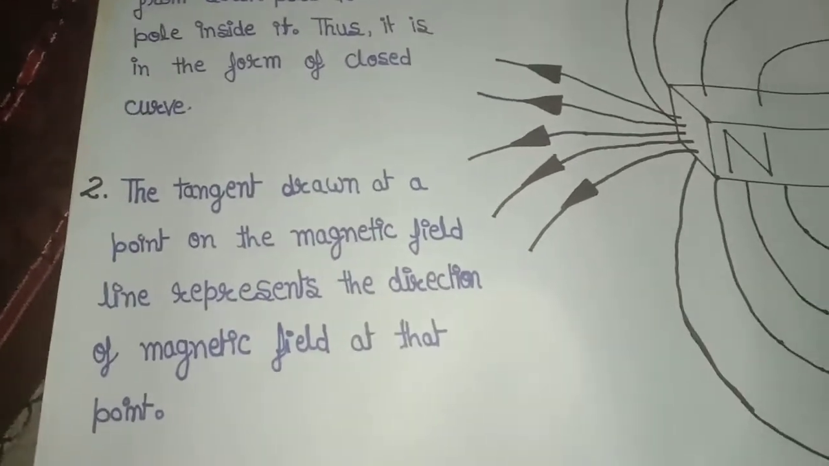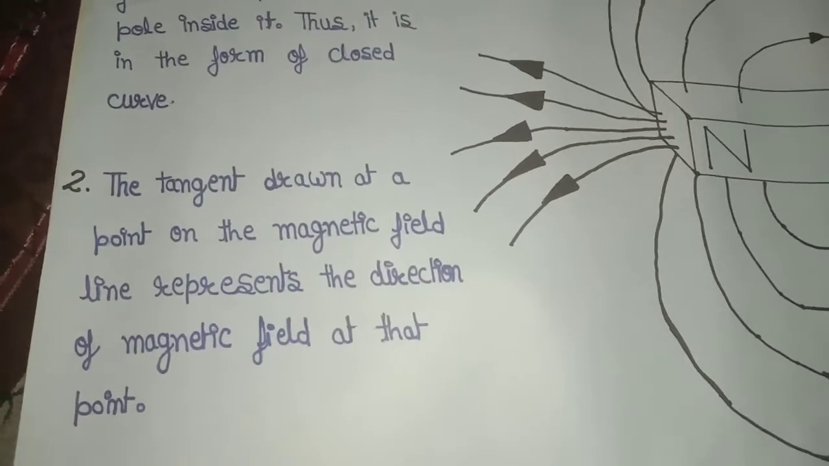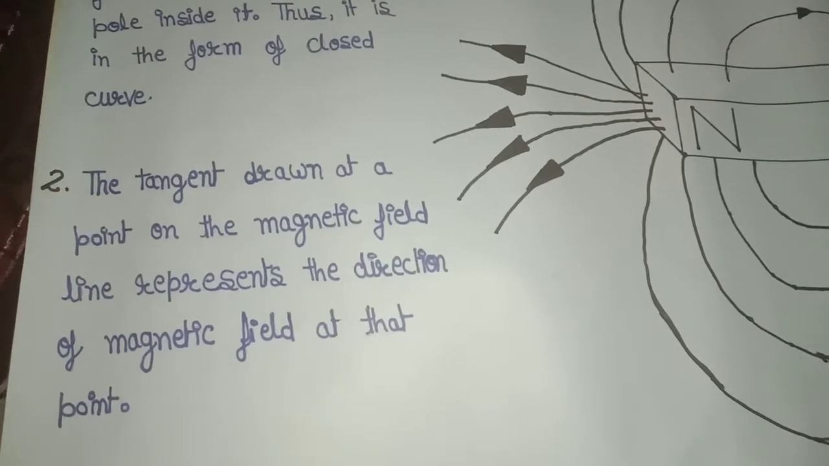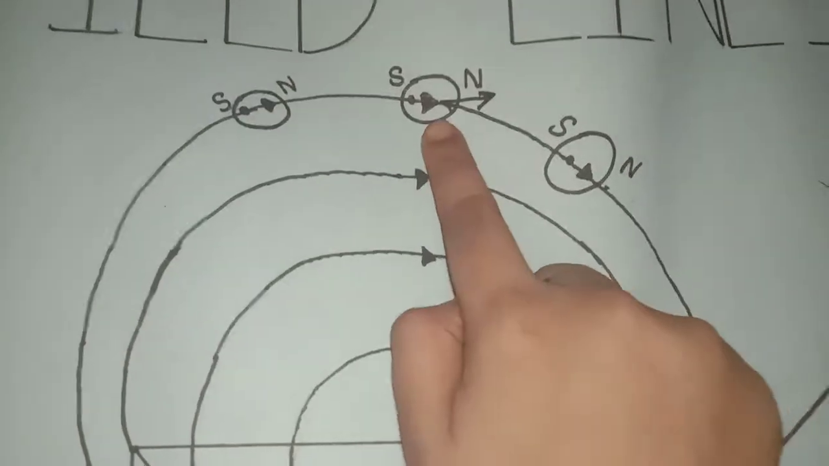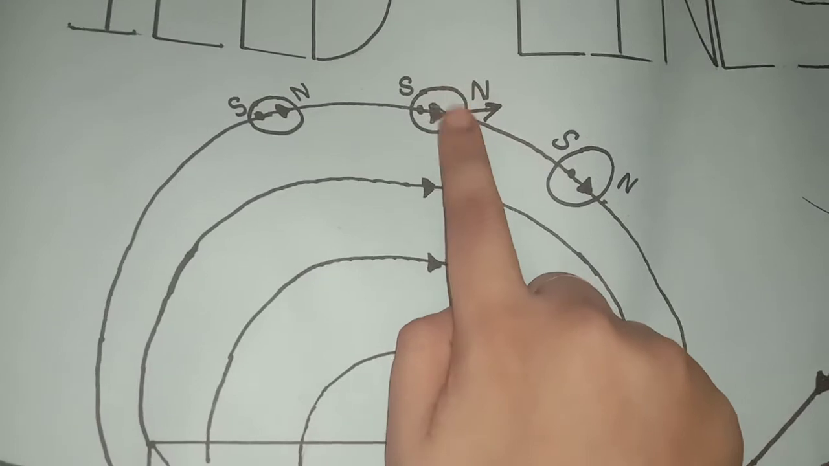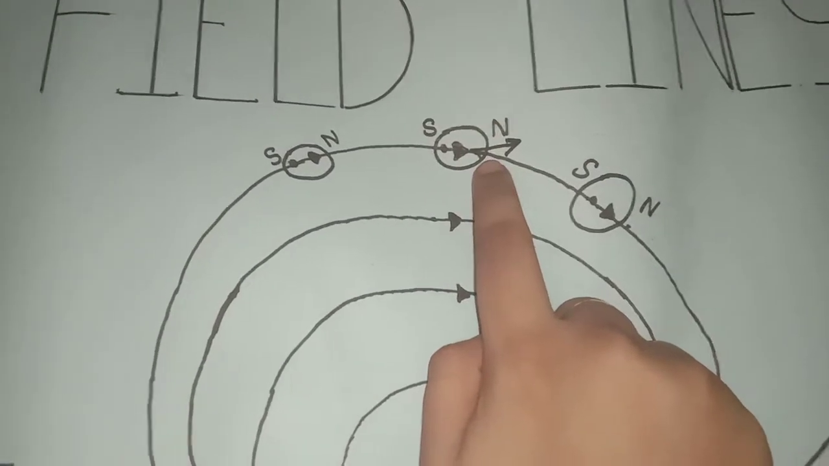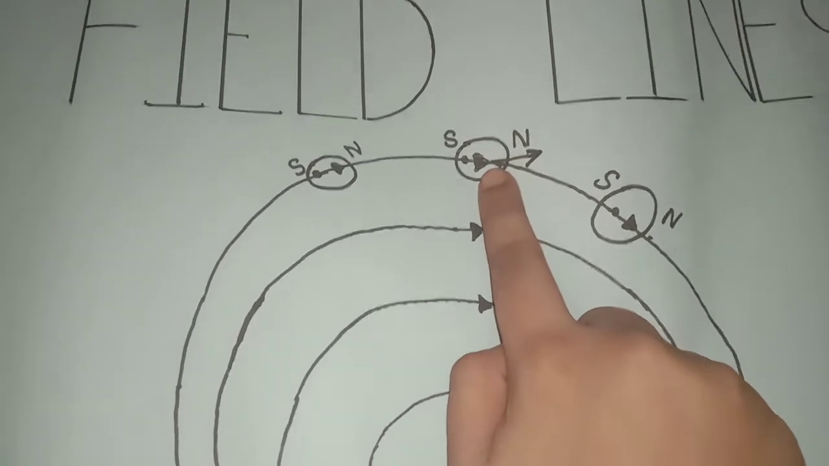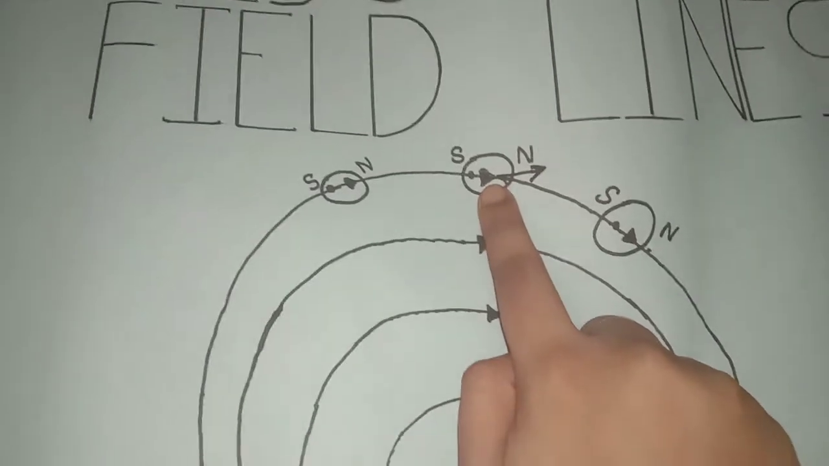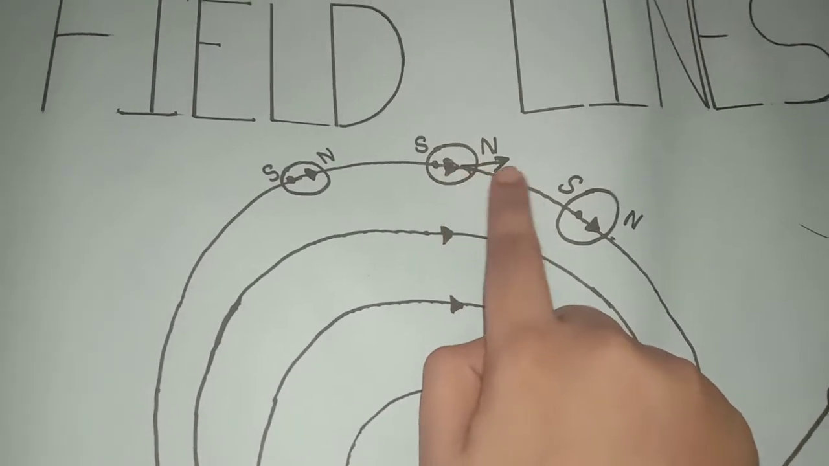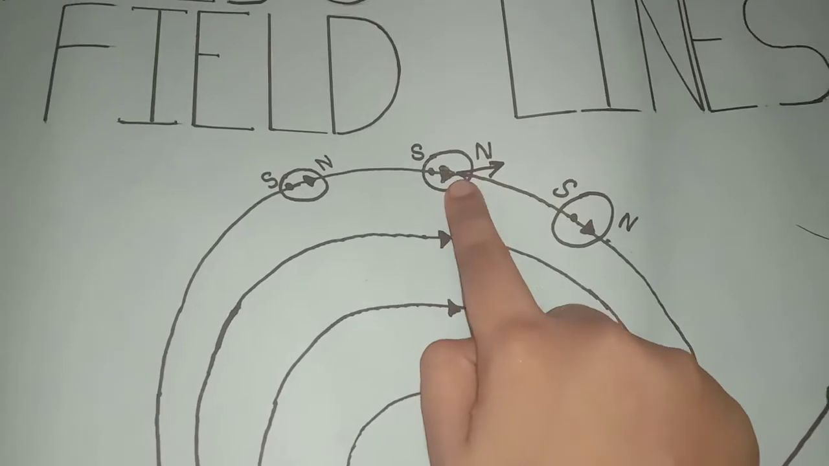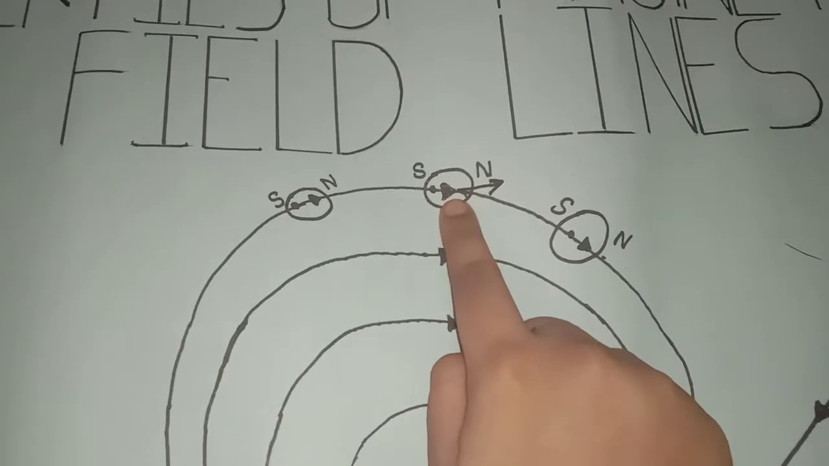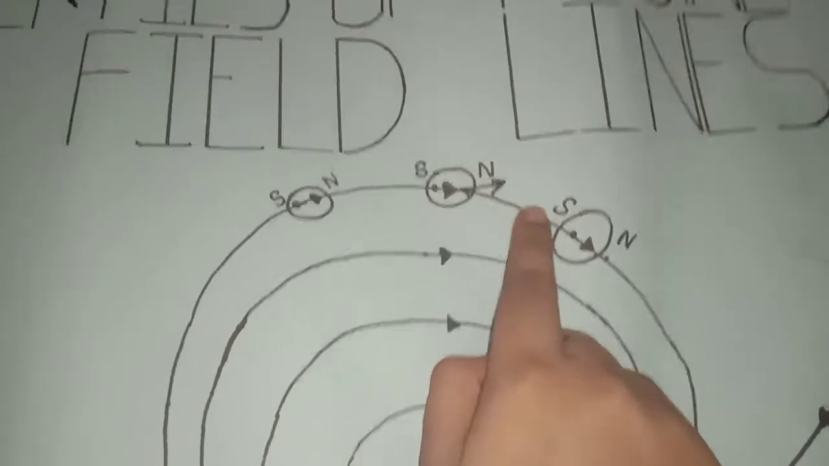Now, second point, the tangent drawn at a point on the magnetic field line represents the direction of magnetic field at that point. So, in this diagram, there is a tangent. We can see here, this is the tangent, and this tangent will display the direction of magnetic field lines. This tangent drawn at this point on the magnetic field line will surely describe the direction of the magnetic